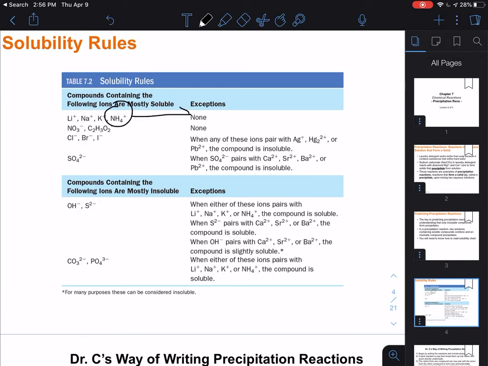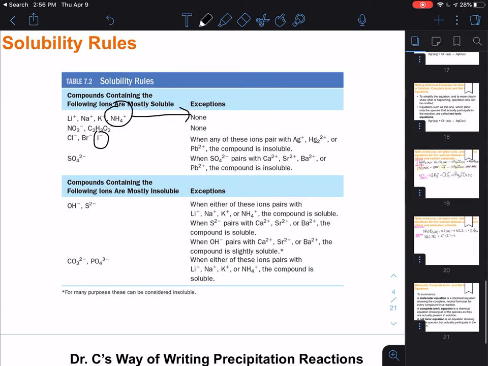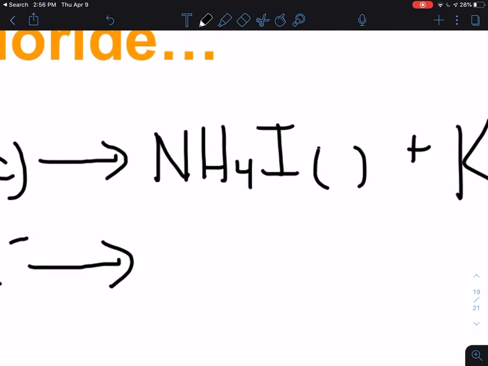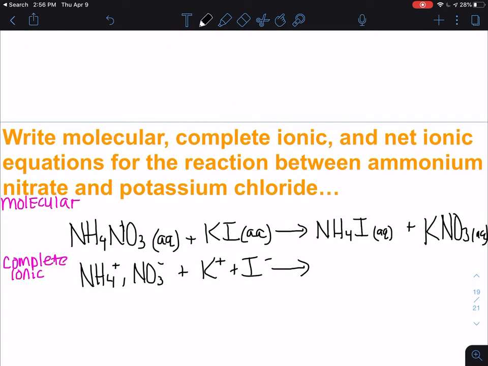Are there any exceptions? None. And iodide is also soluble. So it looks like it's soluble. So I'm going to go back here and write AQ. Okay, so this looks like a reaction that doesn't happen, or we would normally write no reaction here because